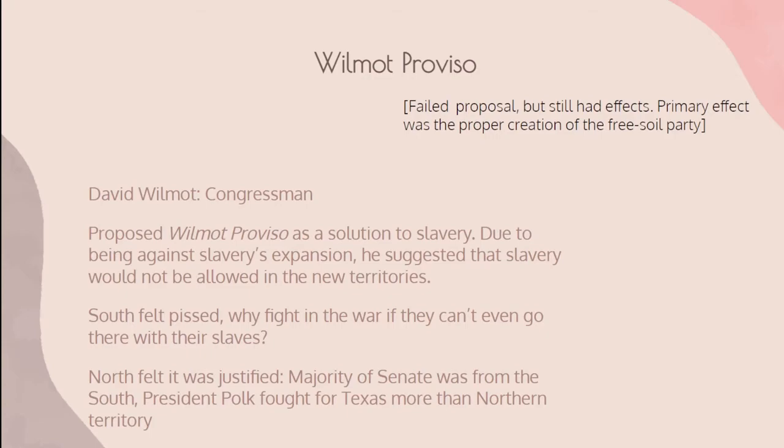Alright, so there's a lot of words on the slide, but if you have to take one short sentence summary, it's what's at the top, where the Wilmot Proviso was a failed proposal, but it created the Free Soil Party in the end, because this dude, David Wilmot, was a congressman. He was like, this new land we got, Texas, is gonna be a lot, right? So he suggested that there shouldn't be any slavery in these territories. It's a lot of land, but the South felt really upset at this. They were wondering why they should fight in the war if they can't even extend their own state rights over it, if they can't even decide if they want slavery. But the North saw it was valid.